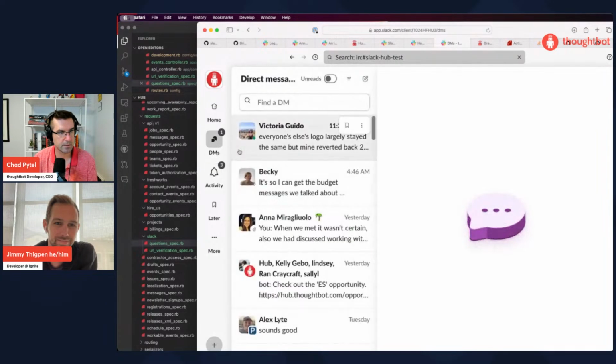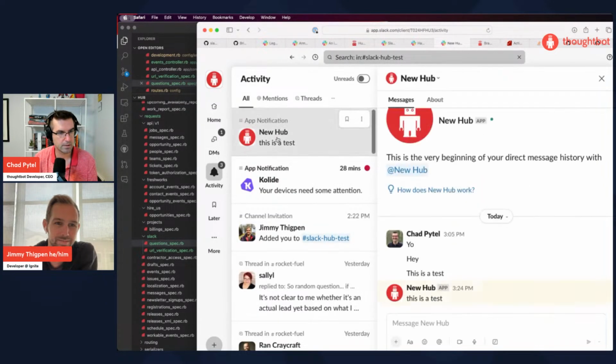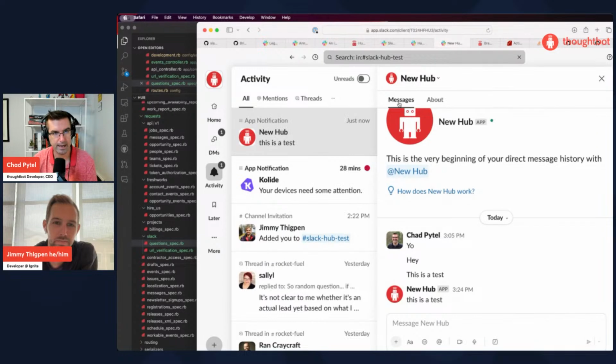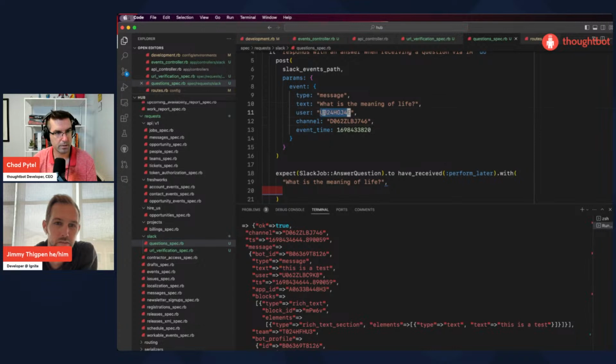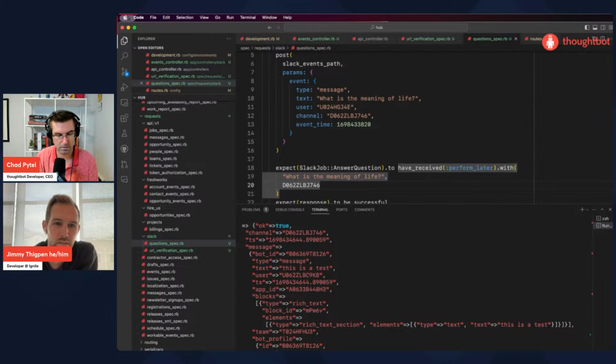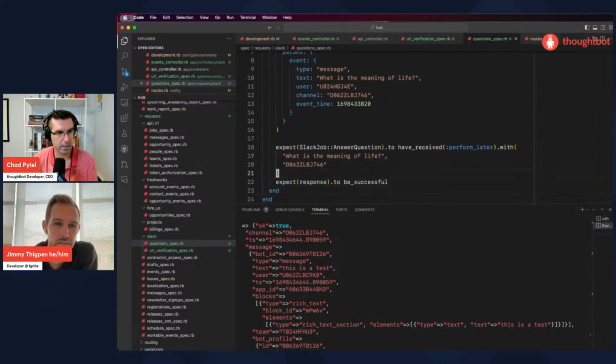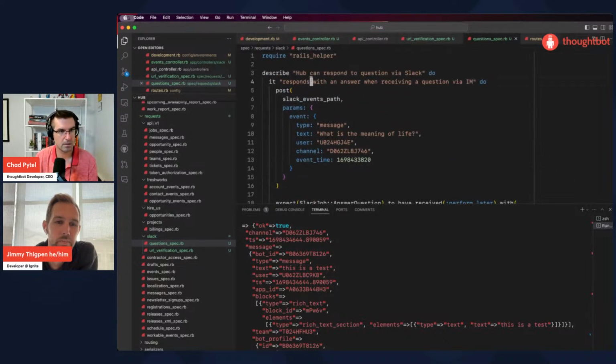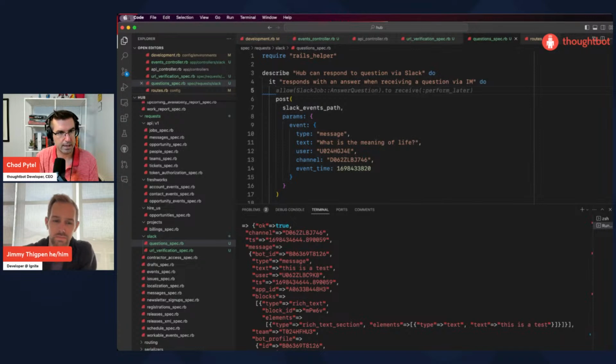DMs. Hey. Cool. So that came through to me directly under the messages tab for the bot. So that means to respond, we don't technically need the user, we just need the channel. How does it know which user sent the message? We can pass in the user if we wanted to, but we don't, strictly speaking, need it. So let's just not do it now.